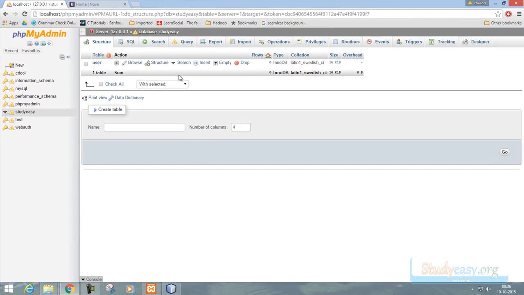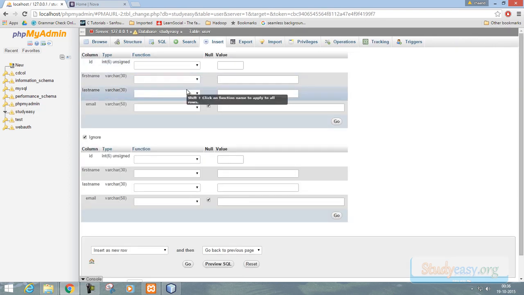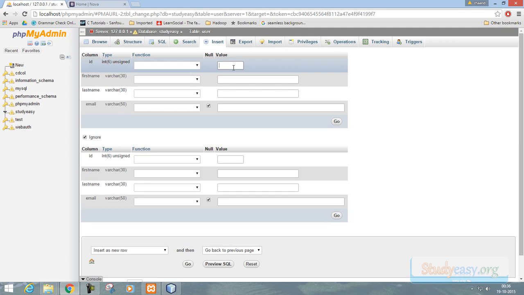So in order to add some data, we will take help of phpMyAdmin. If I select the Study Easy database, here we can check out this table user, and I can see this link to insert data. I will click on it, and we will simply add two records.